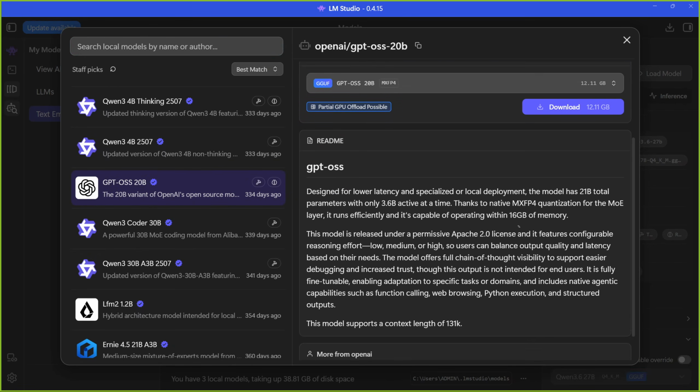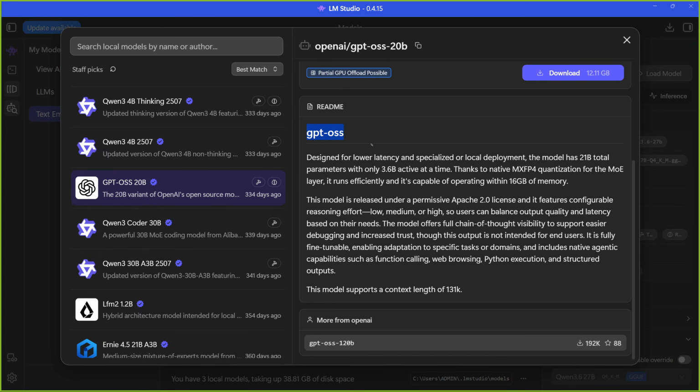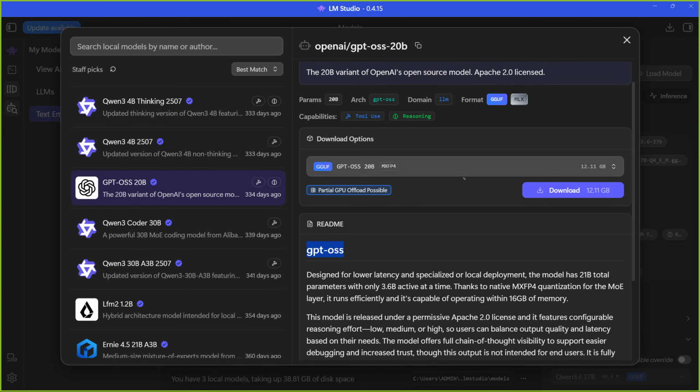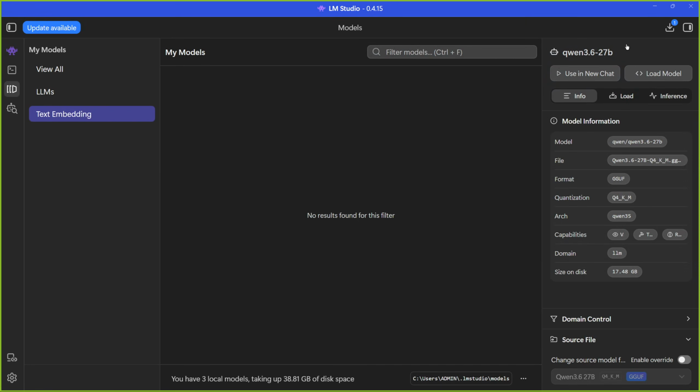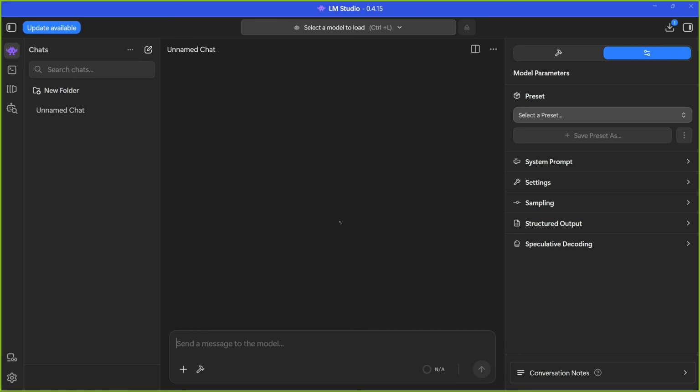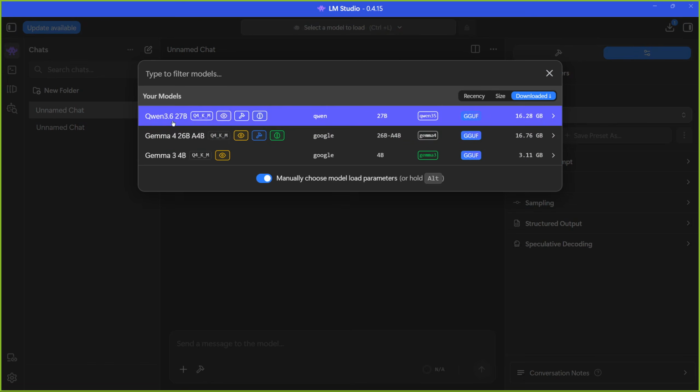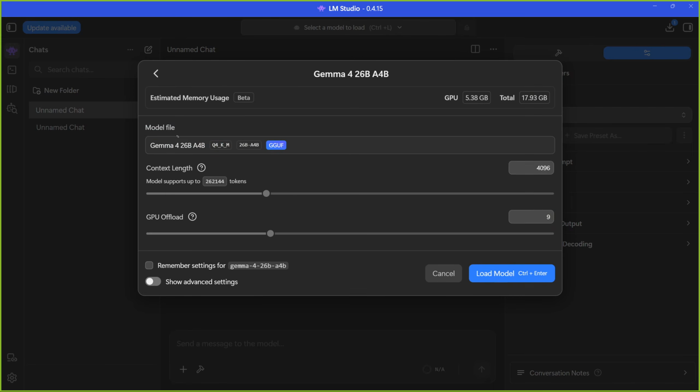You need to download this model. GPT OSS, open source. How much? 20 billion. Just download it. What is the size? 12.11 GB. Okay, so some big size. So LM Studio will give you the interface of chat with the models. If I click on new chat, and the model I would like to select is Gemma 4,